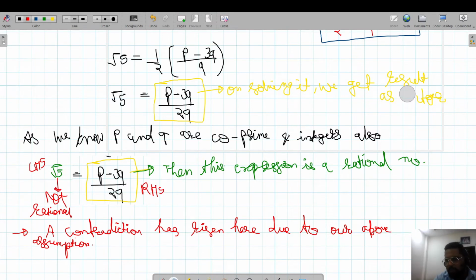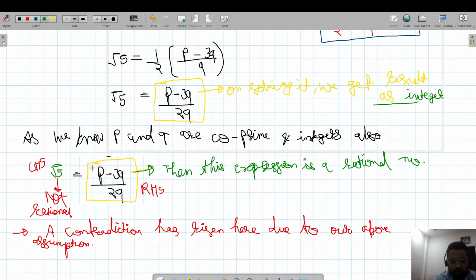Guys, if you are not able to understand any of my words, then you can ask me in the comment section, because I am writing it through the mousepad of the laptop, which is integrated, that's why I'm not writing it properly here. What I need to write is an integer here. We get our result as an integer here.